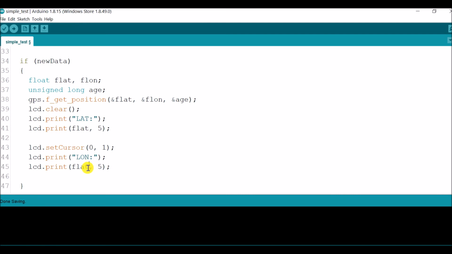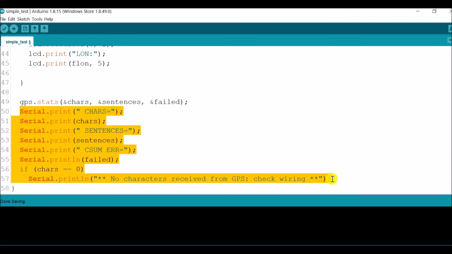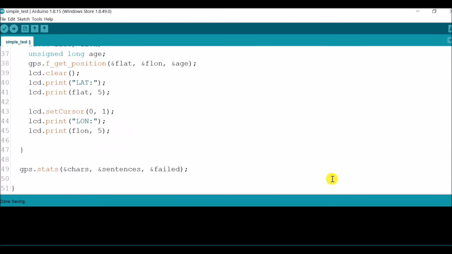Longitude, and I have to copy this variable FLON and paste it here. So this is sufficient. Now if I go down, these things are not needed, so I will remove all of them because I want to just display onto the LCD.